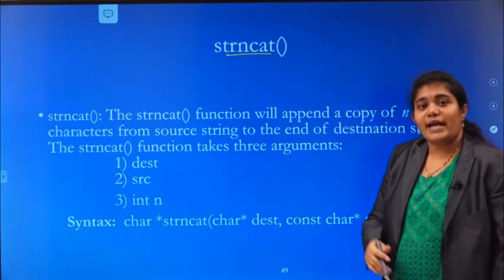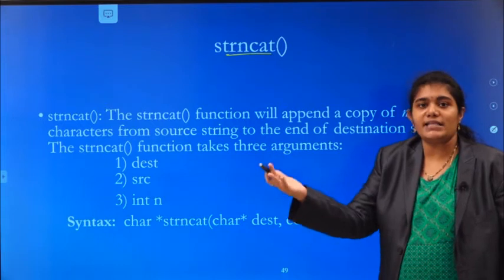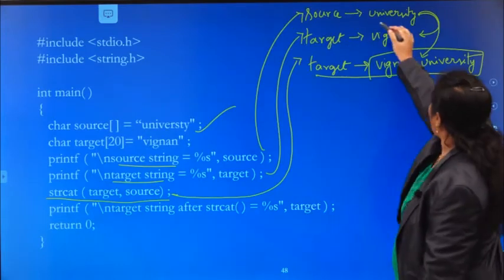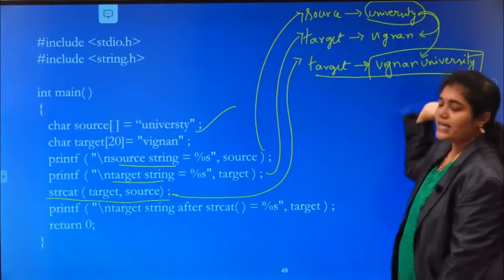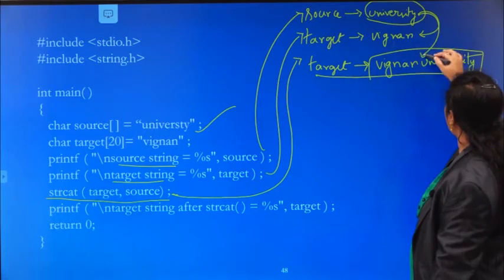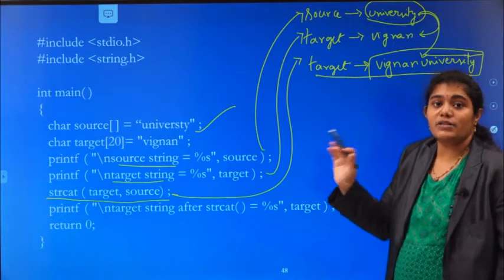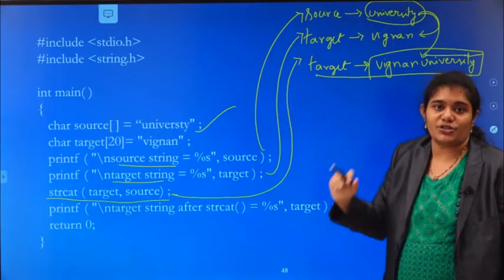And the next one is strncat. In strcat, what do we have? strcat is going to append the entire string from the source to destination.